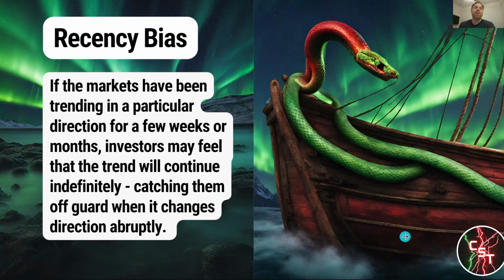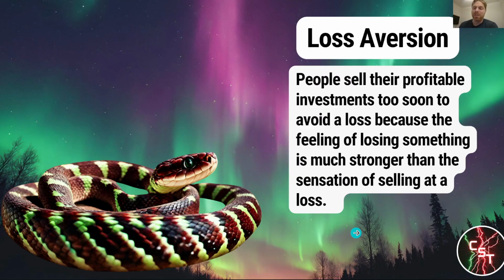Recency bias. If the markets have been going in a particular direction for a while, like let's say that they've been bullish for a really long time or bearish for a really long time, it's natural just to think that this is how it's always going to be. But this is recency bias. So when in doubt, zoom out and you'll see the markets are shifting direction quite a bit, or just look on smaller time frames and you can extrapolate those out to larger ones.